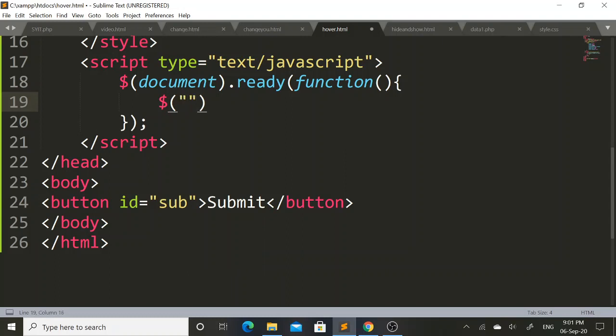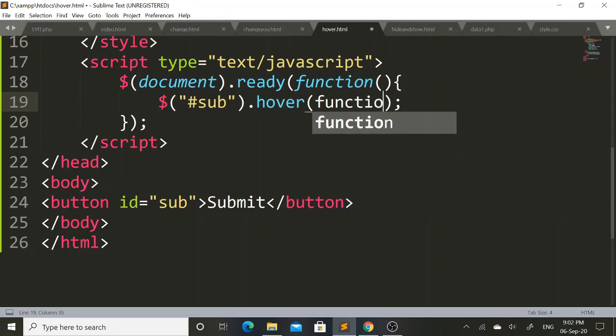So within double quote I will mention hash sub. Again, with the help of dot operator, I will call hover jQuery event. In this hover jQuery event, I need to pass two functions, in function and out function. First one is in function.